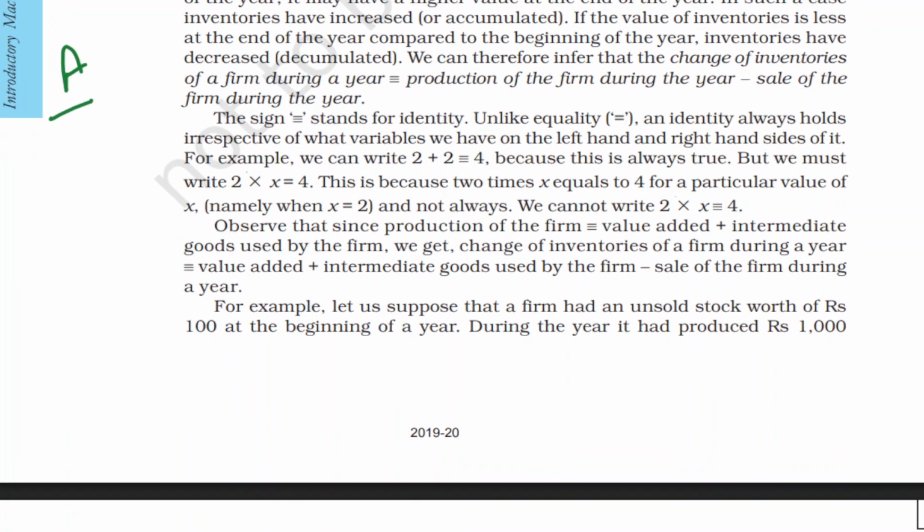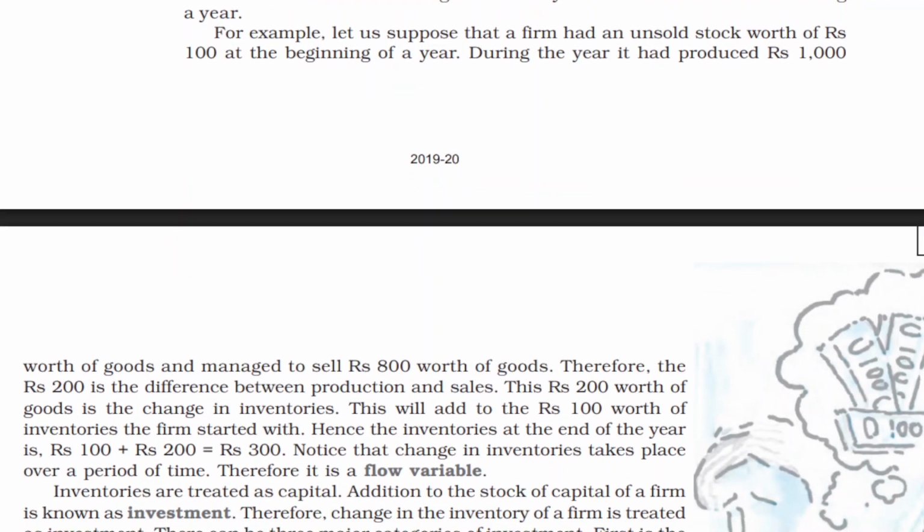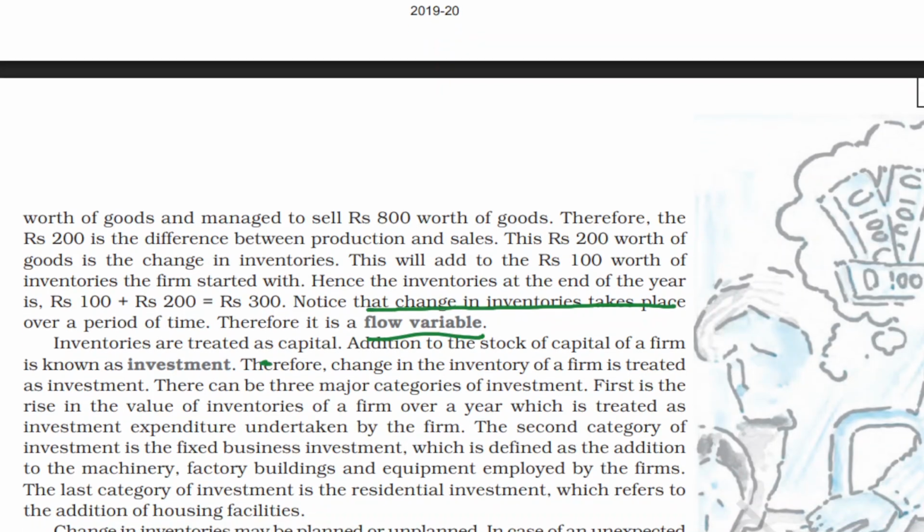But when we are talking about the change in inventories, we need to calculate over a period of time, because change cannot happen in just 1 minute. We need to calculate the change in inventory in 1 week, in 1 month, or in 1 year. That's why the change in inventories is known as the flow concept, because inventories can change over a period of time. Now, inventory is also treated as capital because it is a type of investment you have made, whether you have bought raw material, semi-finished goods, finished goods, or just random things. So they are known as your investments, right?